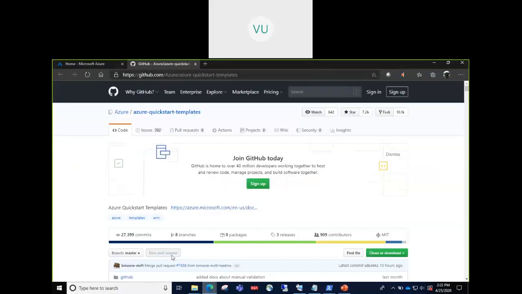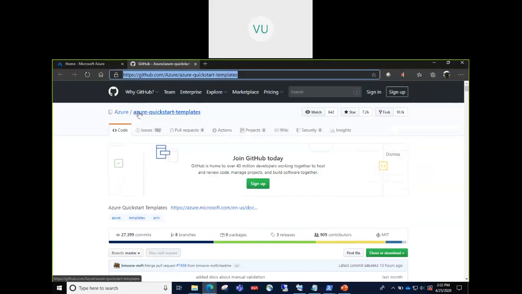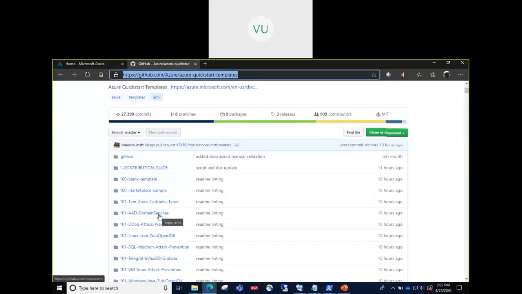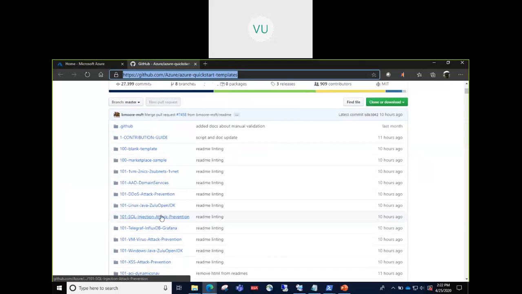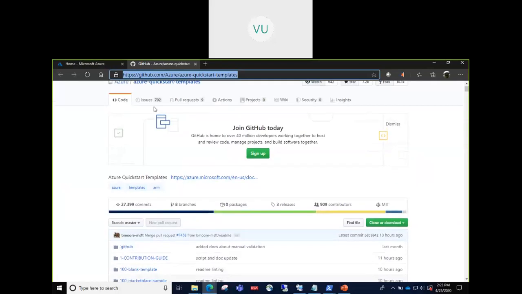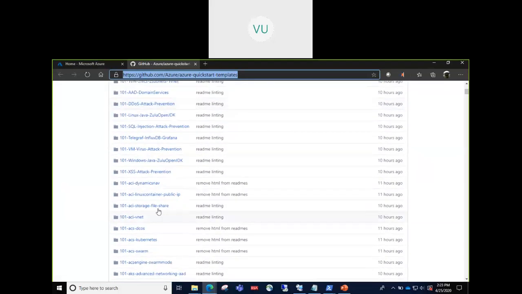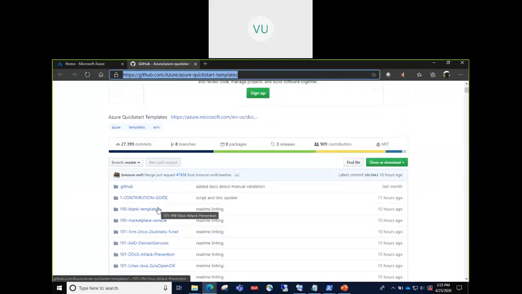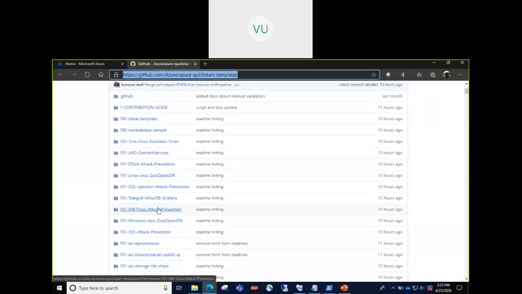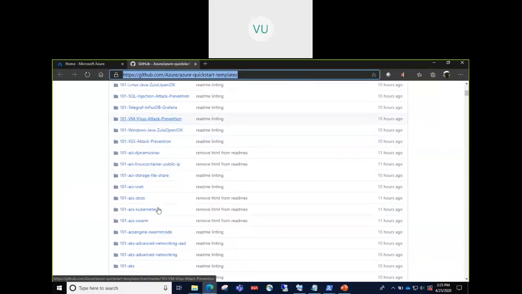So let me take you to this. This is the repository. This repository is maintained by the Azure platform team, and here you will see a lot of public contribution as well. This is on GitHub, open source. If you have any specific template that is not available here and you create one tomorrow, you can share it here as well. So there is a standard and a structure for how you distribute your template here.